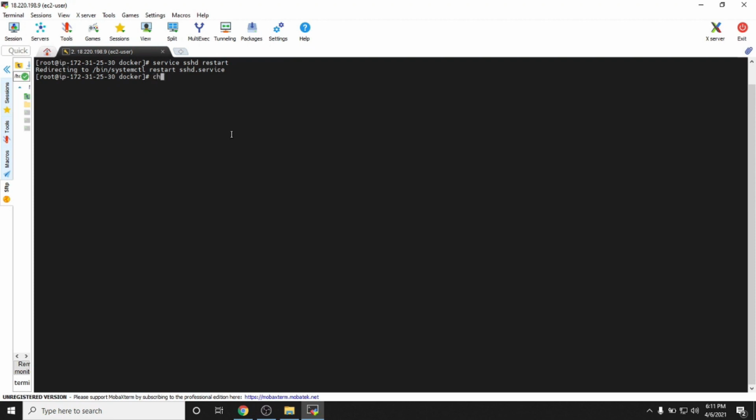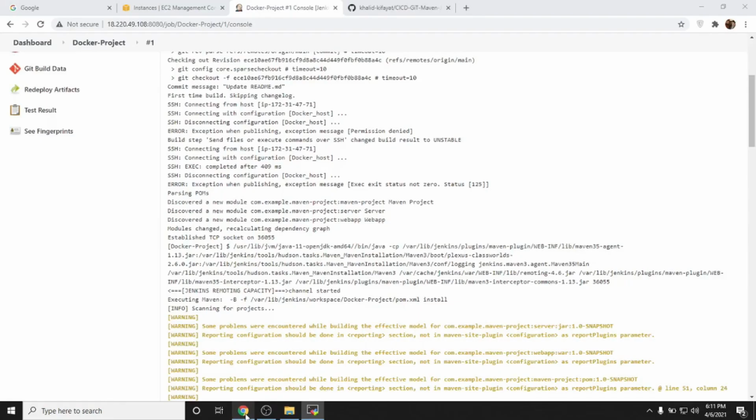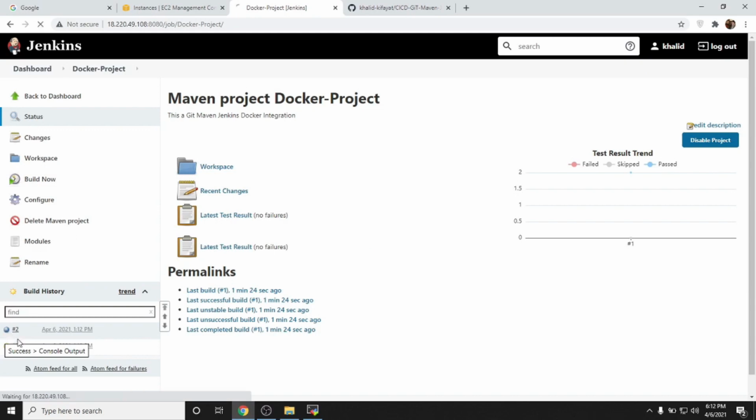chown minus R is for recursive, and then docker admin, which is our user, docker admin, and then the destination, which is slash opt slash docker. Invalid user docker admin. Okay, I've written it mistakenly. Docker admin. Okay, let me clear the screen. So now let me execute the build again. Okay, so this time our build is now successful,